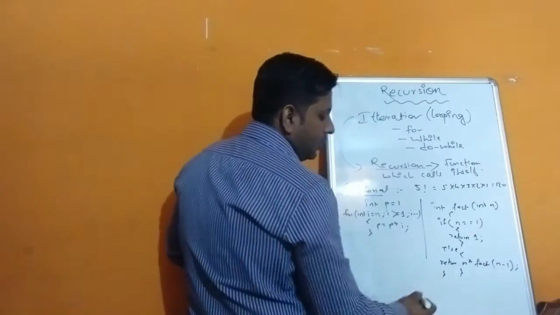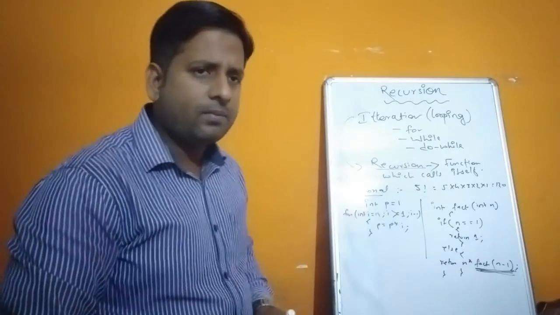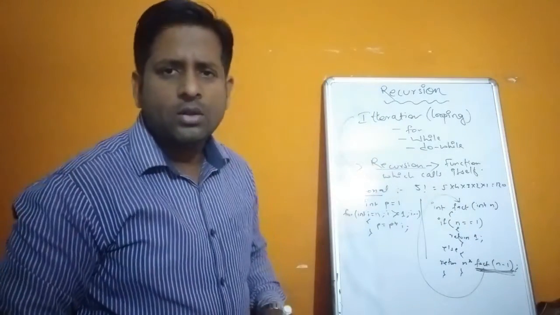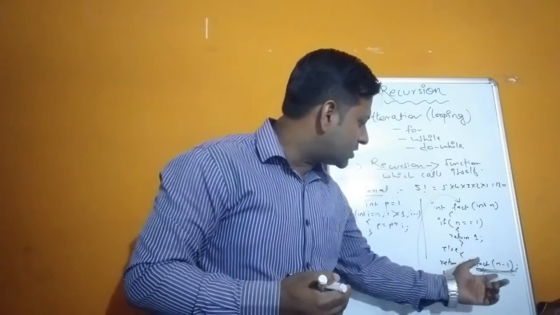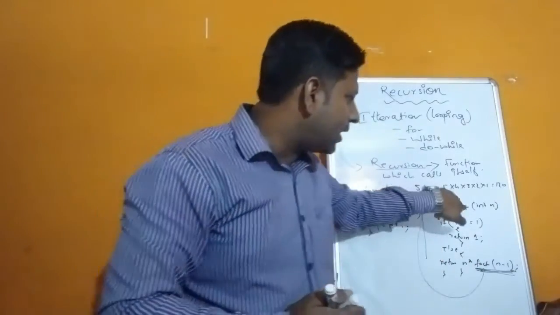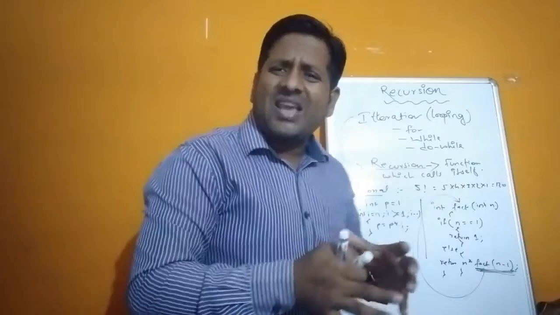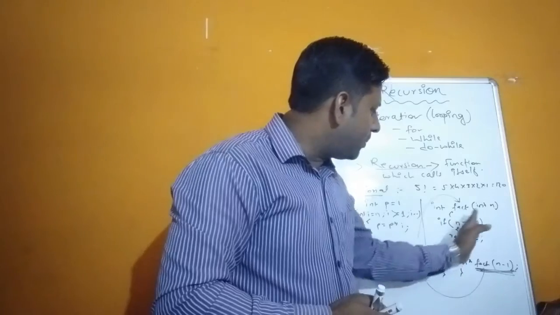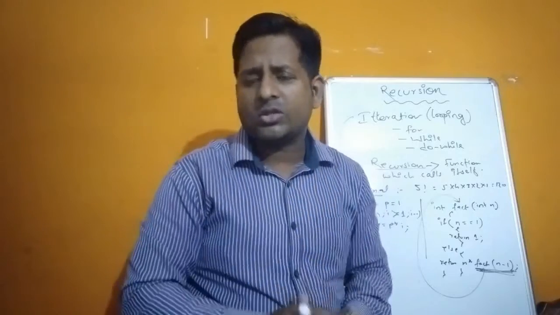We'll close this one. So see children, this part is actually known as a function call. That means the control from here will jump back again to the top, to fact. This part is known as calling the function itself. When it reaches fact of n minus 1, control will not stop there. Instead control will go up again to fact with the new value of n, that is n minus 1, and again the calculation will be performed. Up to how much will it go? It will go till the number becomes 1, because when the number becomes 1, you can see it simply has return 1. That means it stops there. There is no function calling.